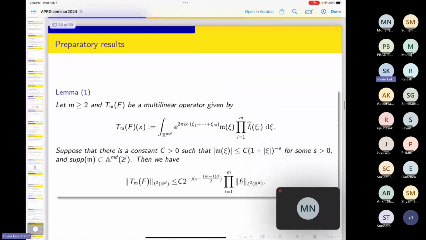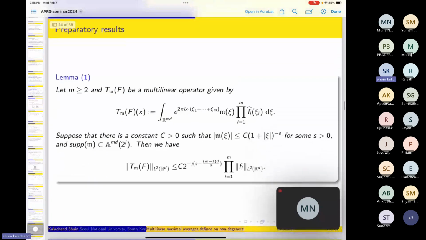Now in order to prove that, first we'll prove this lemma. So let m be greater than or equal to 2 and T_m f